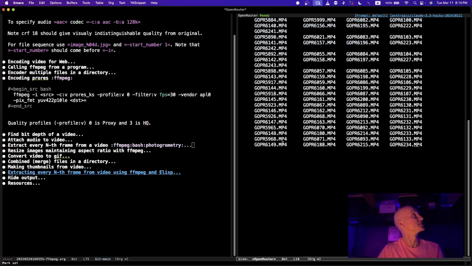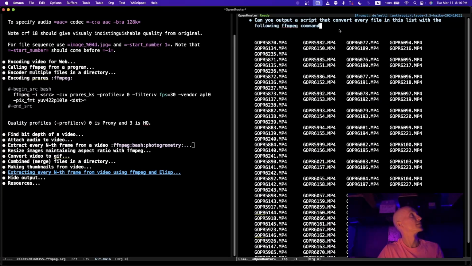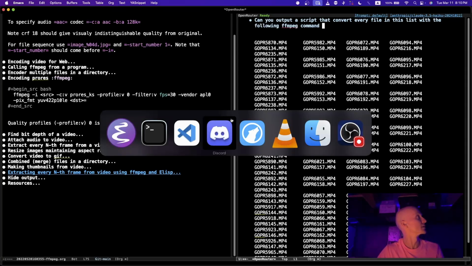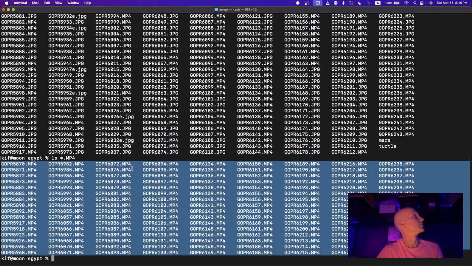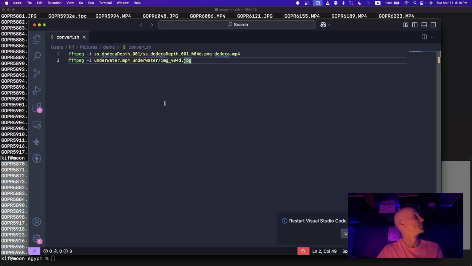I put all this list in here. You can do it in any LLM in the browser. I'm just using it here within the text editor. Nothing special. And so the command that we want to run, let's say,